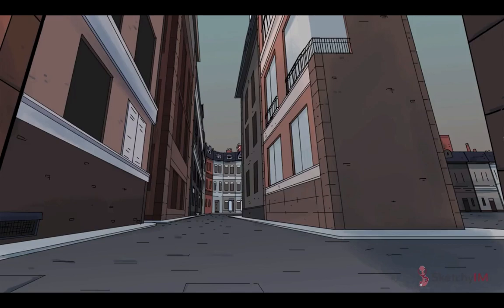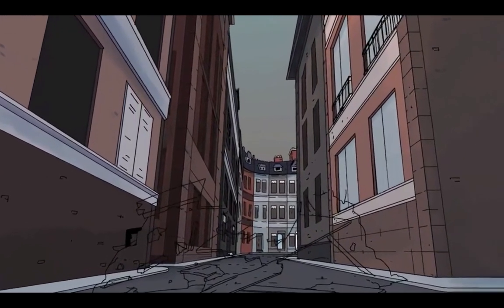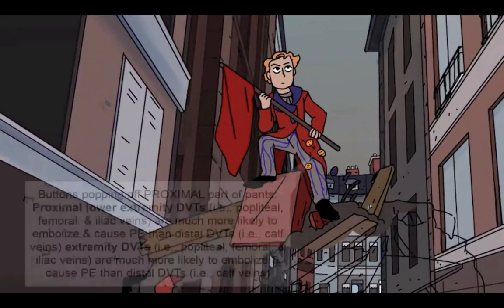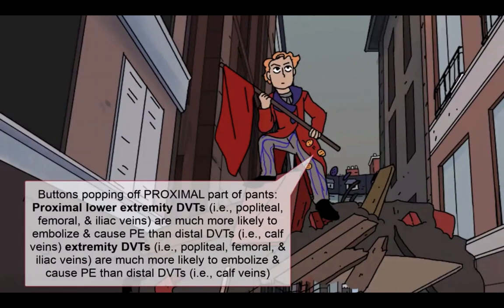The vast majority of DVTs occur in the lower extremities. DVTs can occur elsewhere, like the upper extremities and renal veins, but they're much less common. The location of DVTs within the lower extremity is important, because proximal lower extremity DVTs, that is, those formed in the popliteal, femoral, and iliac veins, are much more likely to embolize and cause PEs than distal DVTs in the calf veins. That's why we've drawn these buttons popping off this rabble-rouser's coat near the proximal part of his vein